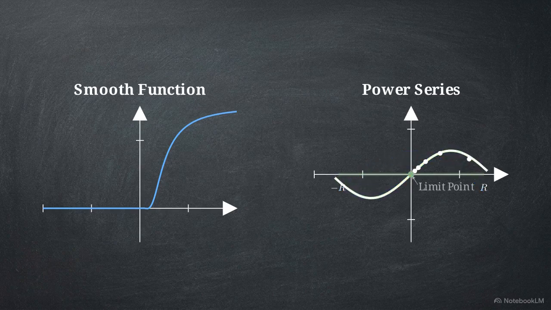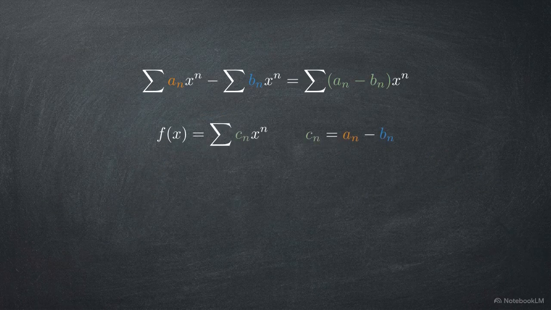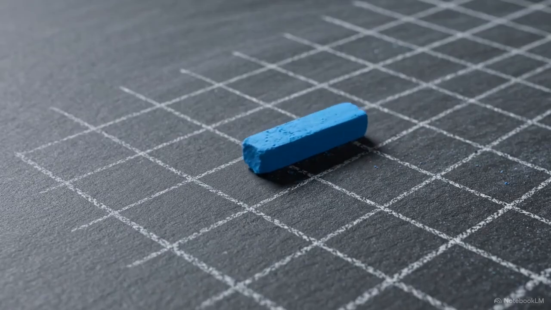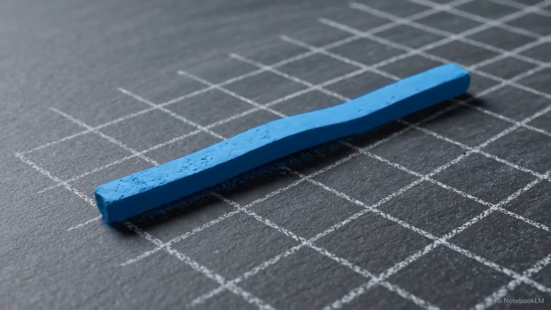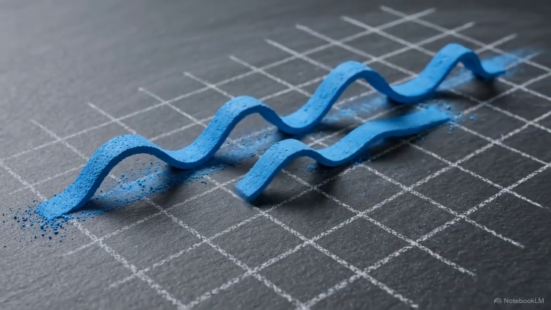By defining a difference function and utilizing the recentering technique, we prove that all coefficient differences between the two series must be zero. The behavior at a single microscopic limit point dictates the structure of the entire series. Power series are inherently mathematically deterministic. Knowing a fraction of their behavior reveals their infinite form across the entire domain.